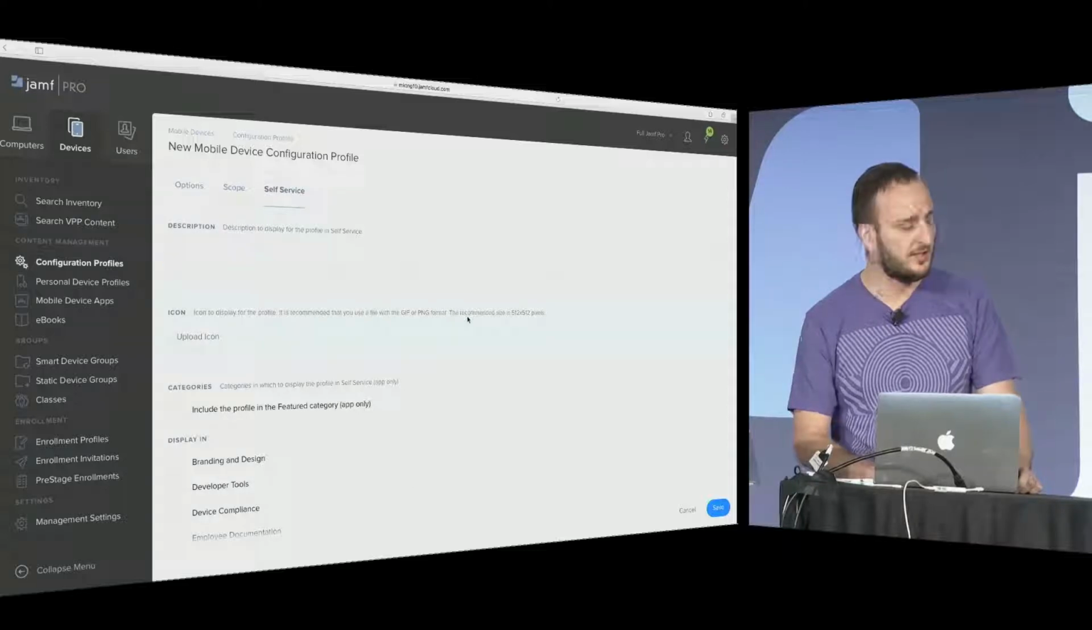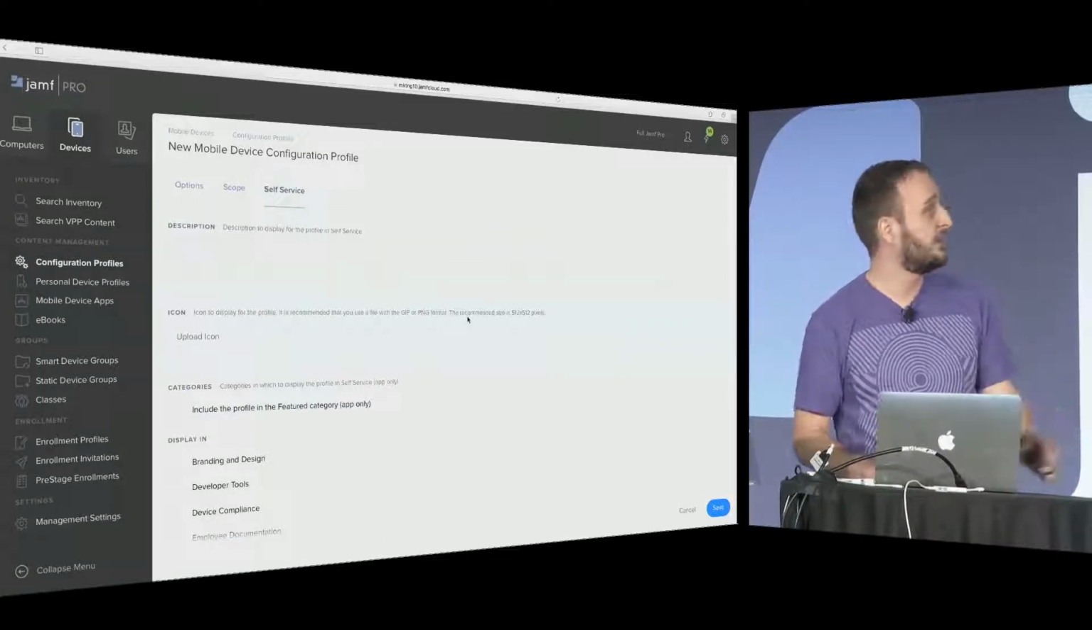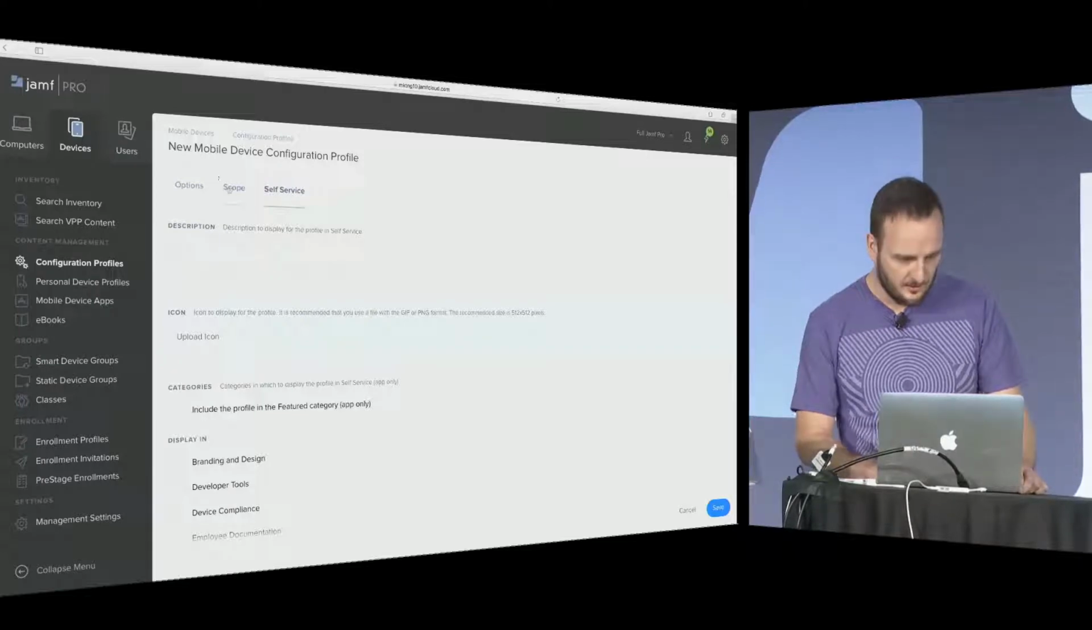So this is a new self-service tab. As you can see, it's refreshed, but